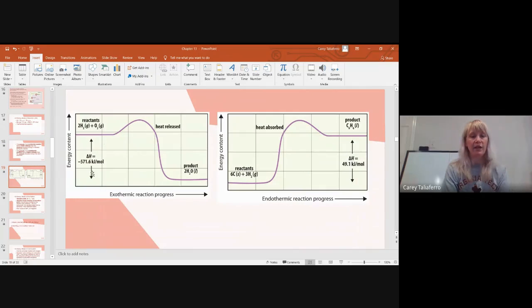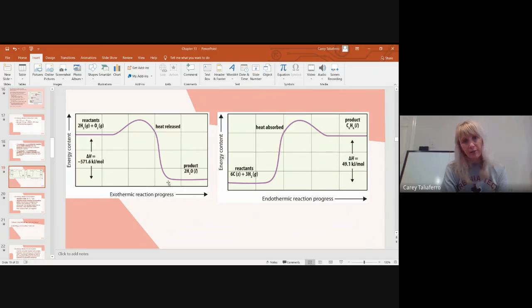Here is the example of an exothermic process. We start with our two reactants, hydrogen and oxygen. This was the thing we just looked at. Notice the reactants, as far as energy content, start way up here. Now, it's like a little roller coaster. You start with the hill, it's just a slight hill. But then whoosh, when that reaction goes, you go down a steep hill, and that's the fun part of the roller coaster, right? And you make water, but notice your products have much less energy,